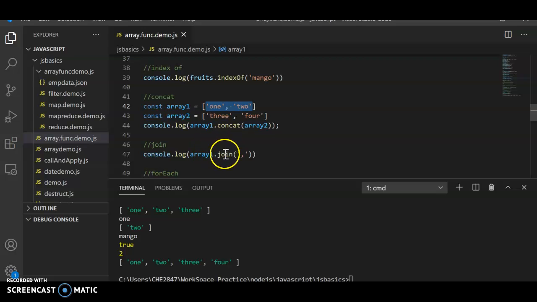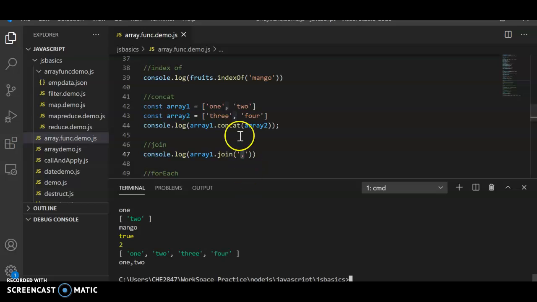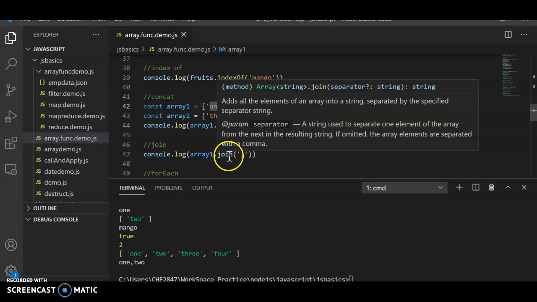You can do that with this. It's just going to combine these two values using this separator. So you would expect 1, 2. Let's go ahead and run. You see that the values are combined using the given separator.